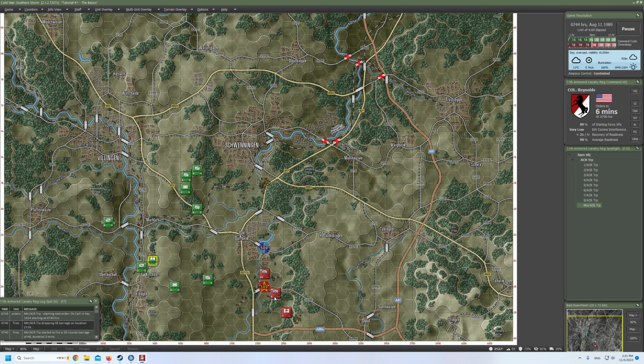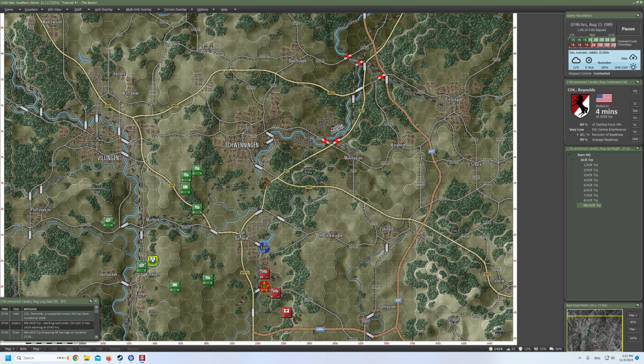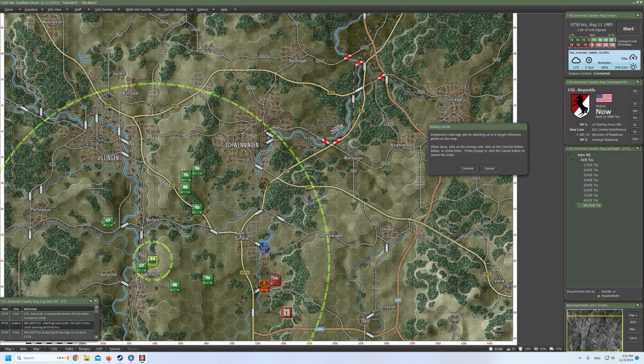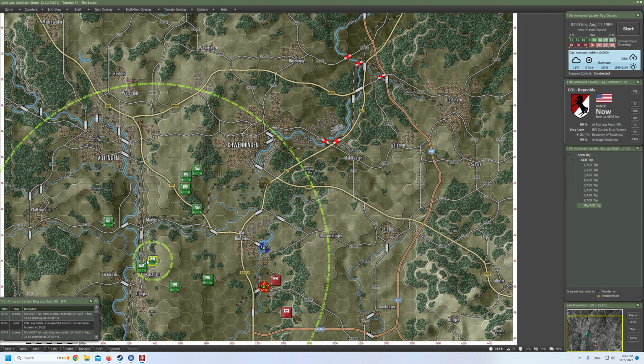Okay, they've moved back with still one element. Suspected enemy HQ again. Done. Let's bring it back to... You know what? Let's try to hit them. Or you know what? Will they move here or here? Maybe we could try to...